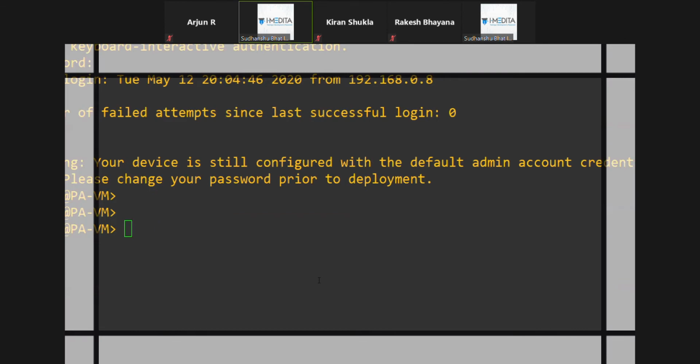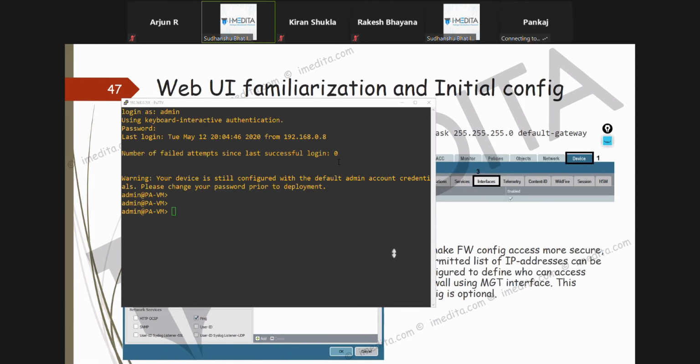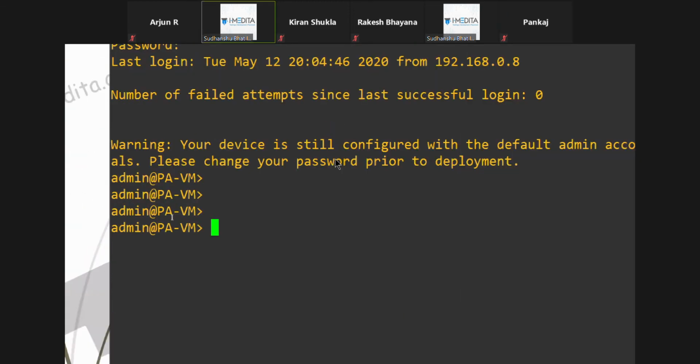Let me give you some basics, and this is also mentioned in the notes. This mode is called operational mode.